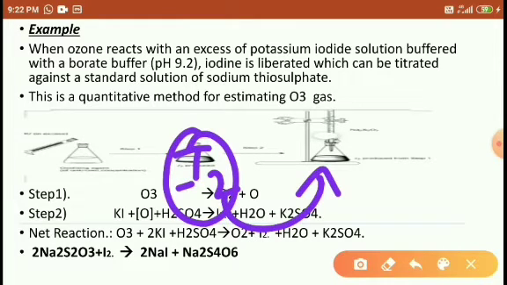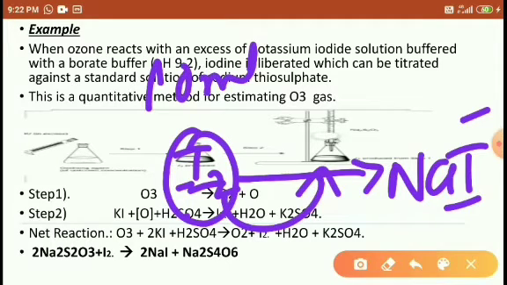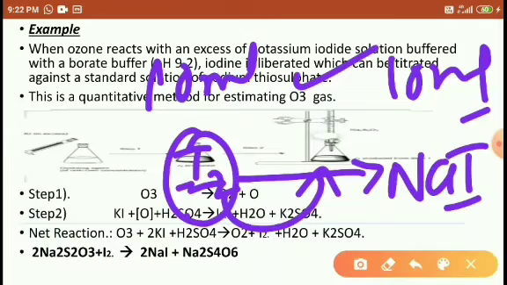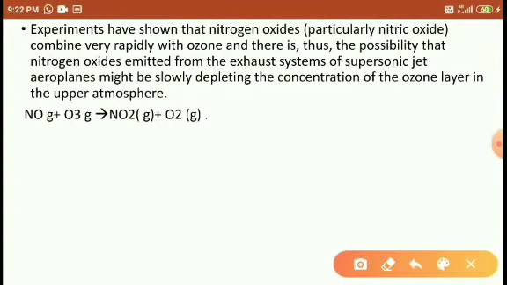Right? 10 moles of iodine molecules are liberated here, and these solutions are kept here to titrate. Again, the 10 moles of iodine molecules react with the sodium thiosulfate to form sodium iodide. Again they are reduced here, so 10 moles here also. This is the quantitative method we are determining with the help of ozone. Right, students? Okay. So similarly, one more experiment is there here.